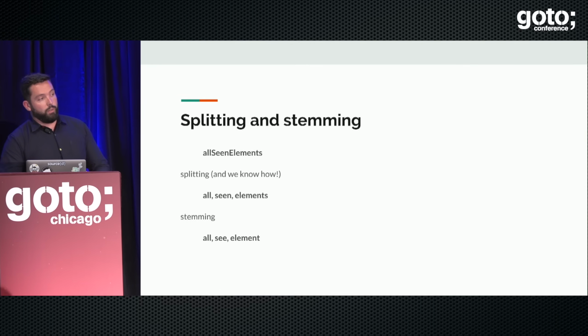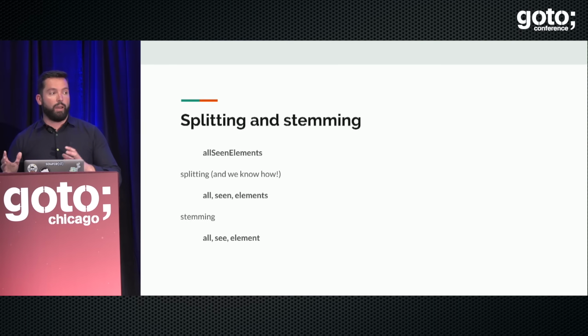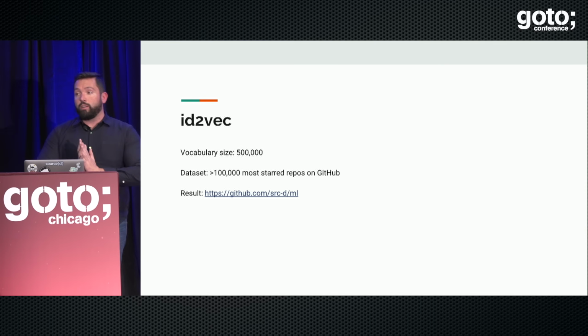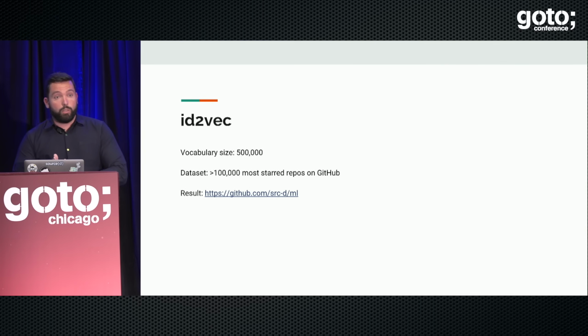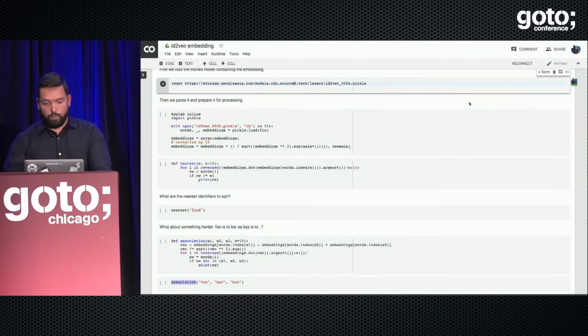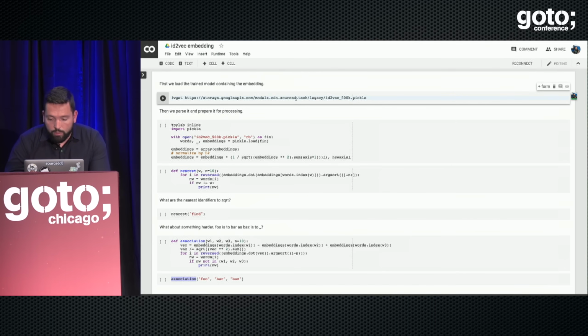What we did was, okay, we have all of the identifiers that we can find on public Git archive, and we split them into words, and we stem them to have less of them. We end up with a vocabulary of 500,000 words, which is a lot of words, but once we train them with 100,000 repos, we end up with something that is kind of cool, and there's a very good blog post explaining all of it. But the interesting thing, if I'm able to run it here, is,